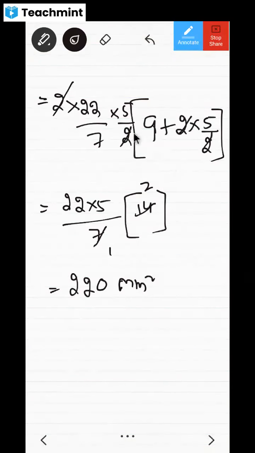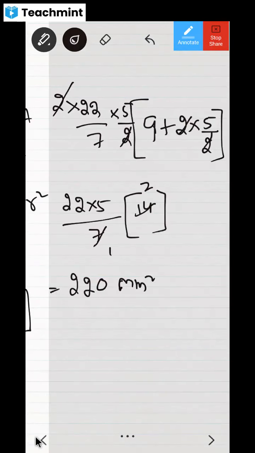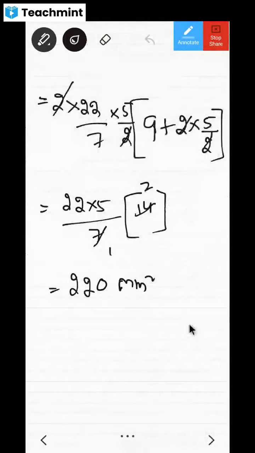But if you write it as 2.5, here also 2.5. Now, sometimes you multiply 2 into 22 into 2.5 divided by 7 in the bracket. If you keep on doing like that, things will go wrong. That's why you should not do like that. You should play with the fractions. Understood? So 220 millimeter square. This seemed very heavy for us, but we have converted it into the easiest form with the help of fractions. So we should be befriended with the fractions.